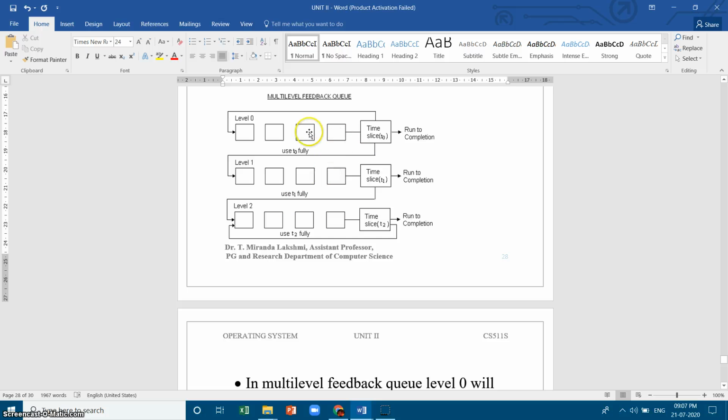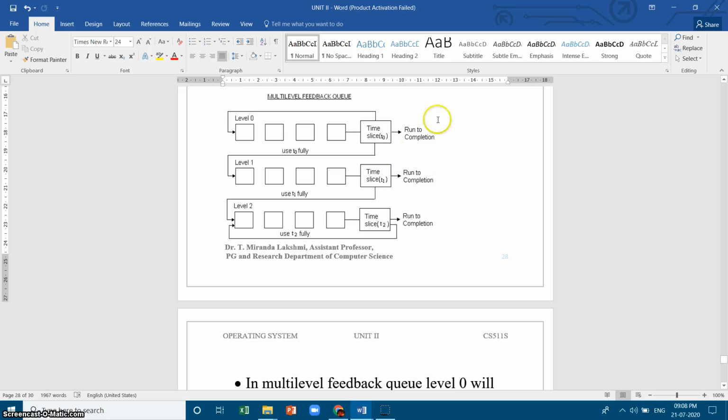Same example, if I give the same 5 minutes, but within the 5 minutes the process comes out of your CPU, then that process is an IO bound process, so it will be retained in level 0 itself. If a process uses the 5 minutes fully, only that process will be moved to level 1, where it will be given 10 minutes. Again, if it uses the 10 minutes fully, it will be moved to the next level, or if it uses less than 10 minutes, it will be maintained in this level. So it will go on according to the behavior.